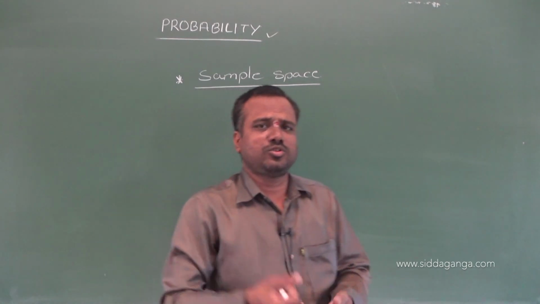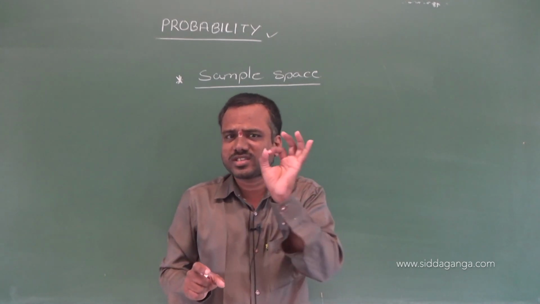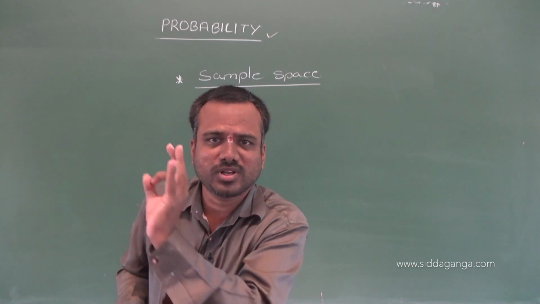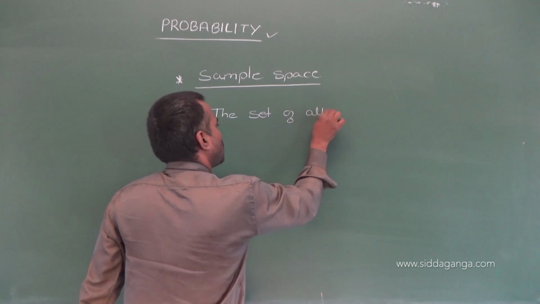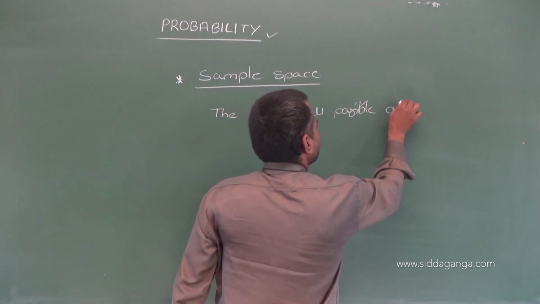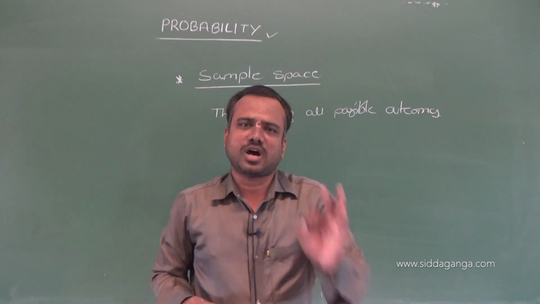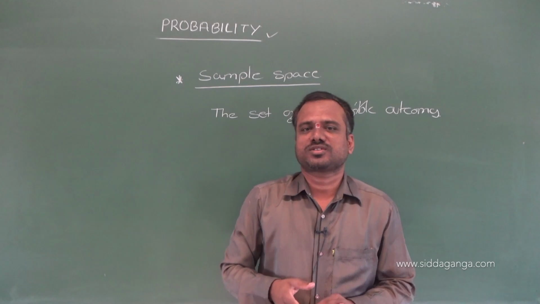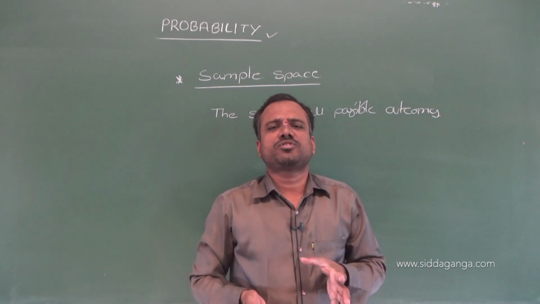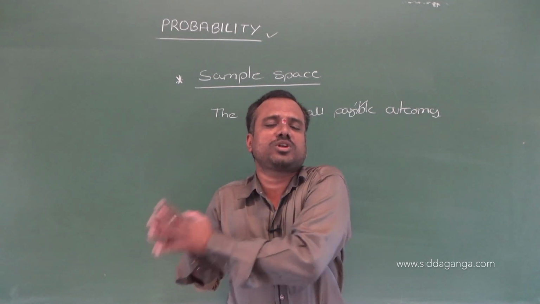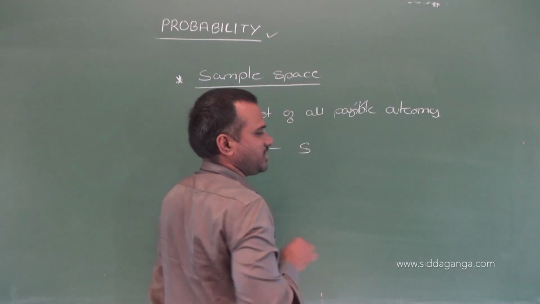Okay, sample space, you already know this one also. The set of all possible outcomes are called what? Sample space. Correct? The set of all possible outcomes, or else in very simple manner, the total number of possible outcomes, we call it as sample space. So usually the set we represent by S,